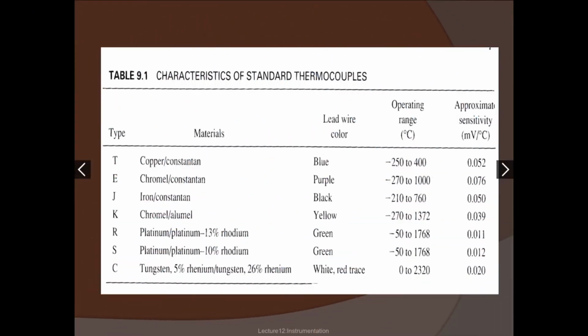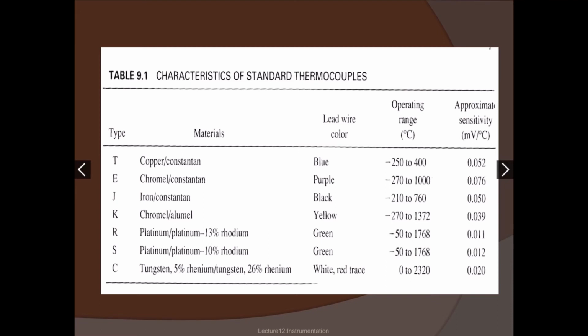The voltage generated in thermocouple depends on the composition of wire. The wire pairs are manufactured according to National Institute of Standard and Technology. Common thermocouple pair like chromel, which is alloy of nickel and chromium, alumel, alloy of nickel and aluminium, constantan, alloy